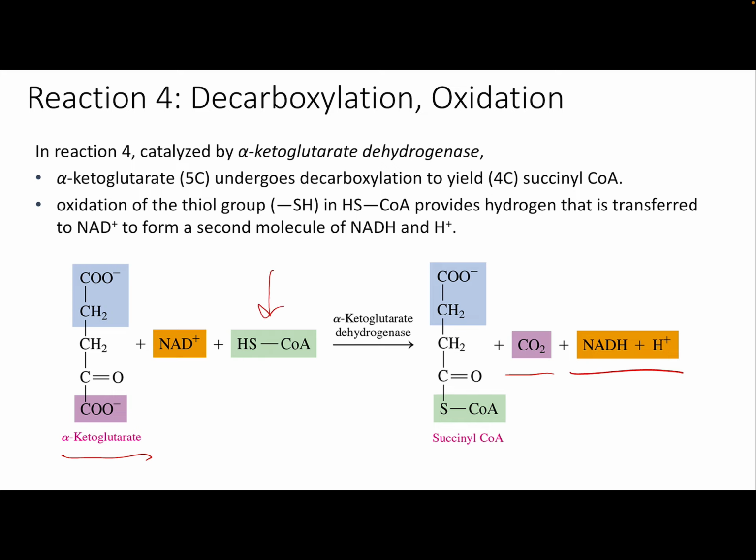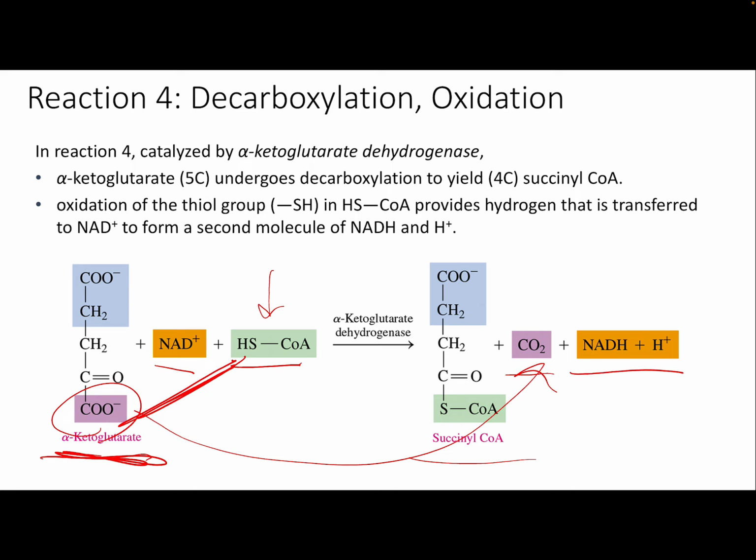Oh, there was also this guy, this coenzyme A came in here too. So this gets reduced, this gets oxidized, and this guy gets decarboxylated. The energy of that allows these guys to connect, and so we end up with succinyl CoA. So you can see another carbon dioxide is breathed out. That's the important part here, and we're not even looking at mechanisms or anything. All we're really focusing on is that carbon dioxide was produced again. So now we've breathed out our second carbon. So all of the sugar essentially has been